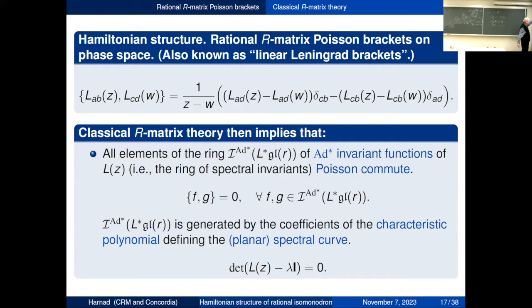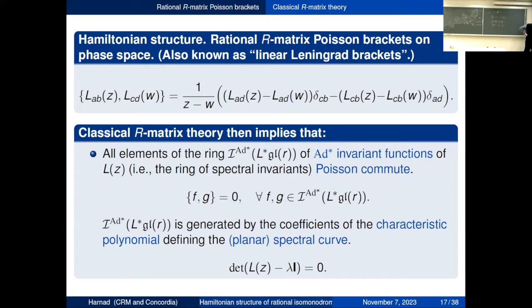So this bracket, just take it as a rule. Think of L(z) and L(w) as the elements of a matrix-valued rational function of the variables, and their Poisson bracket can consistently be written this way. In the old days, this was called the Leningrad bracket. There's also a quadratic version of this. I don't want to trouble with it, but basically this is the R-matrix structure that's underneath this. So this theorem, the R-matrix theory, says that if you take any two conjugation invariant functions of your Lax matrix,